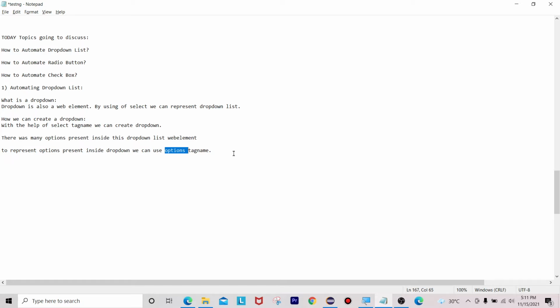The next line is: Selenium WebDriver provides the Select class. The Select class provides a set of predefined methods like select by index, select by value, and select by visible text.